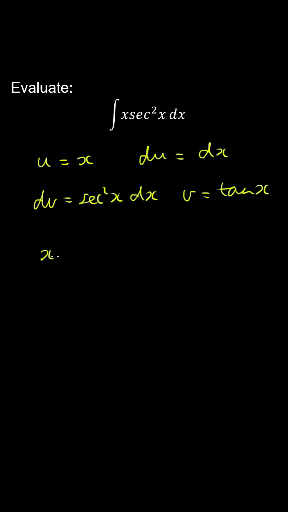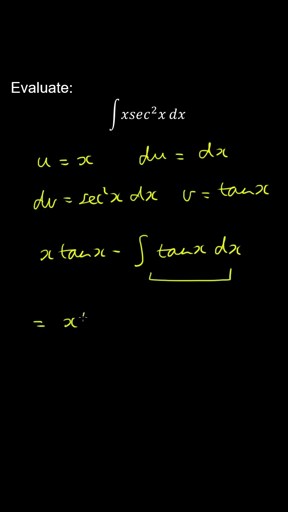So therefore u multiplied by v minus the integral of v du, which is the integral of tan x with respect to x. And you can evaluate this integral using u substitution, and you'll obtain the following result. So we get x tan x minus minus, which is a plus, the natural log of cosine x plus